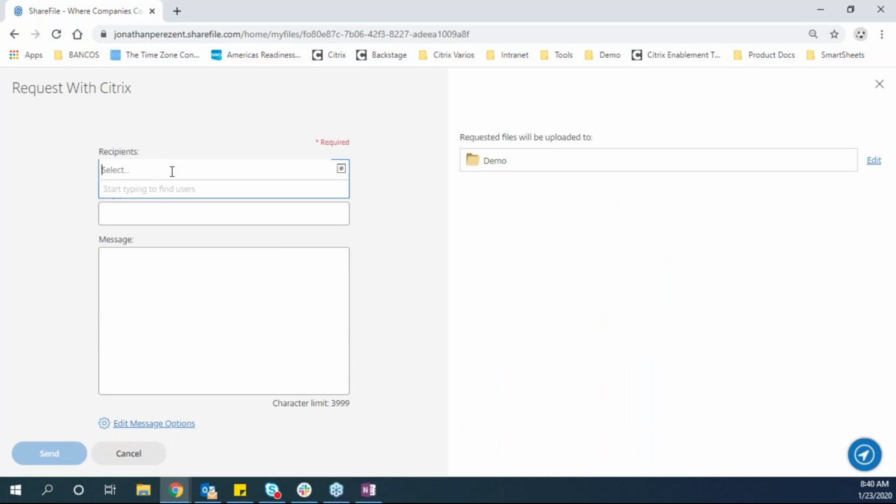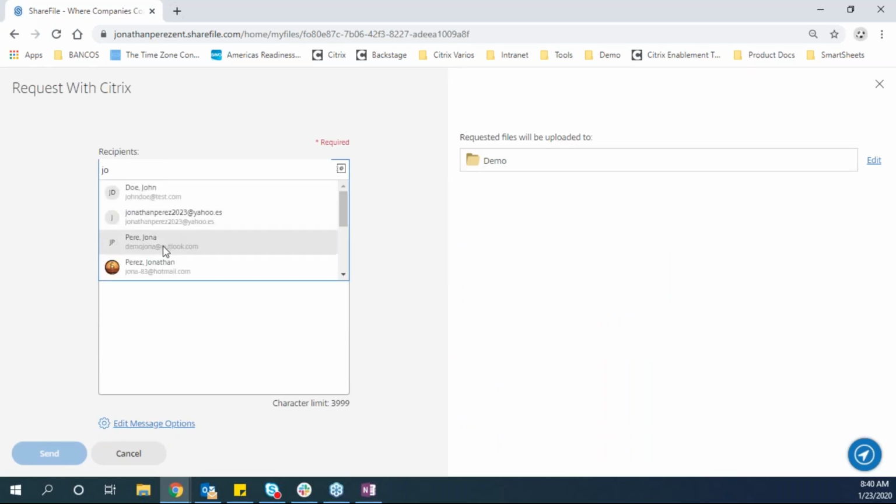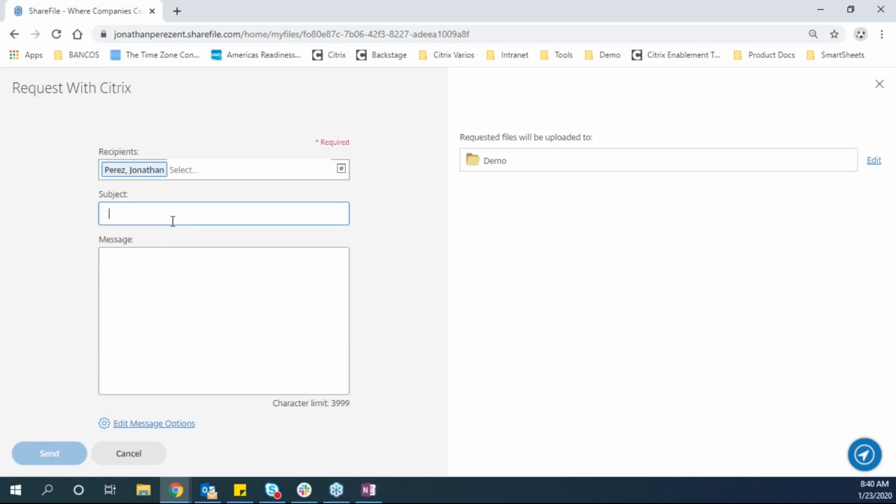For the recipients, you can enter as many people as you want here to send this email. And you just need to enter a subject. So this will be an email request for document. And you can personalize a message here. So you have the option to edit